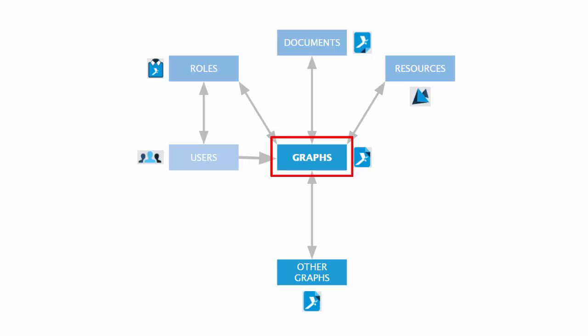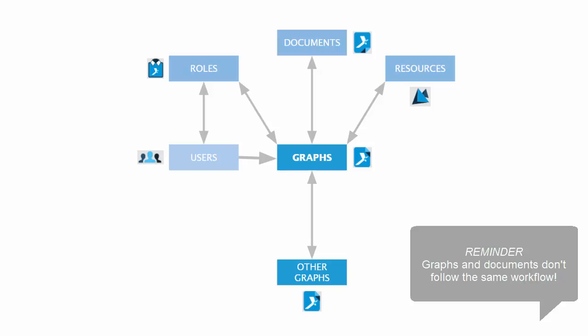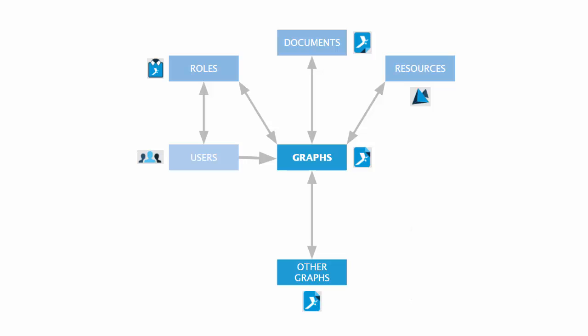From a graph, you can access other graphs that are linked, roles that are included, and documents and resources that have been linked to this graph. However, don't forget that graphs and documents don't follow the same workflow. You won't necessarily access these elements linked to a graph, even if you are allowed to consult it. It all depends on your profile type, administrator, designer, or user,